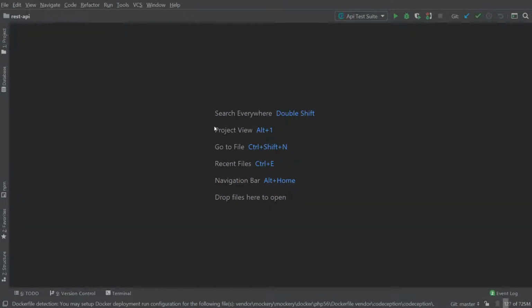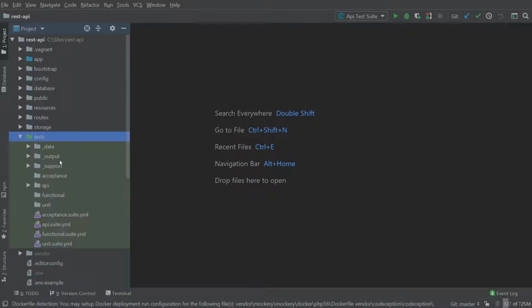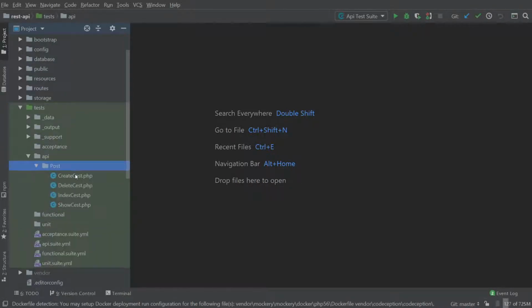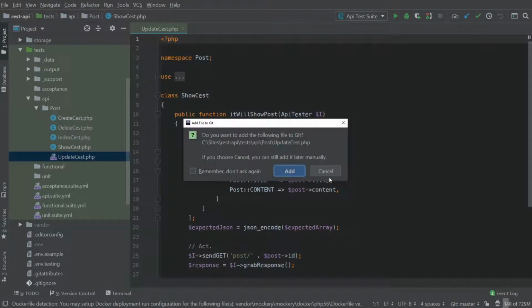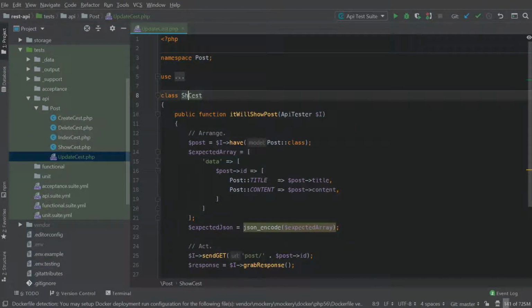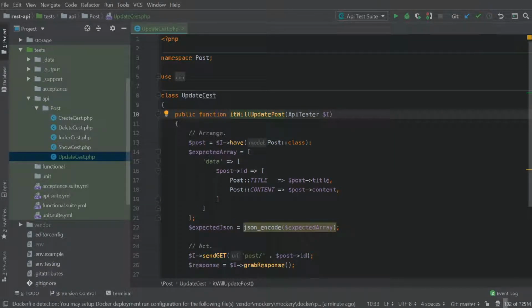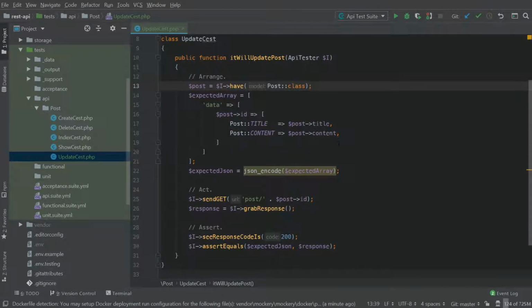Time to code our update method. Once again, let's go to our test folder and let's copy our show test and change it to UpdateCest. Okay, let's add that. Remember to update the class name and remember to update the test name as well, so it will update post. So we can keep the I have because we need a record in the database to